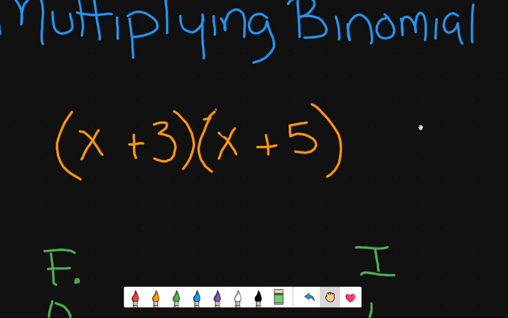In this lesson, we'll work on multiplying binomials. If you look closely, you can see that you have terms that are inside the orange parentheses. As a matter of fact, the terms in the parentheses are orange. These are binomials. So what you're going to do is use a method called the FOIL method to multiply these binomials. As I said previously, the FOIL method is actually an acronym for first,